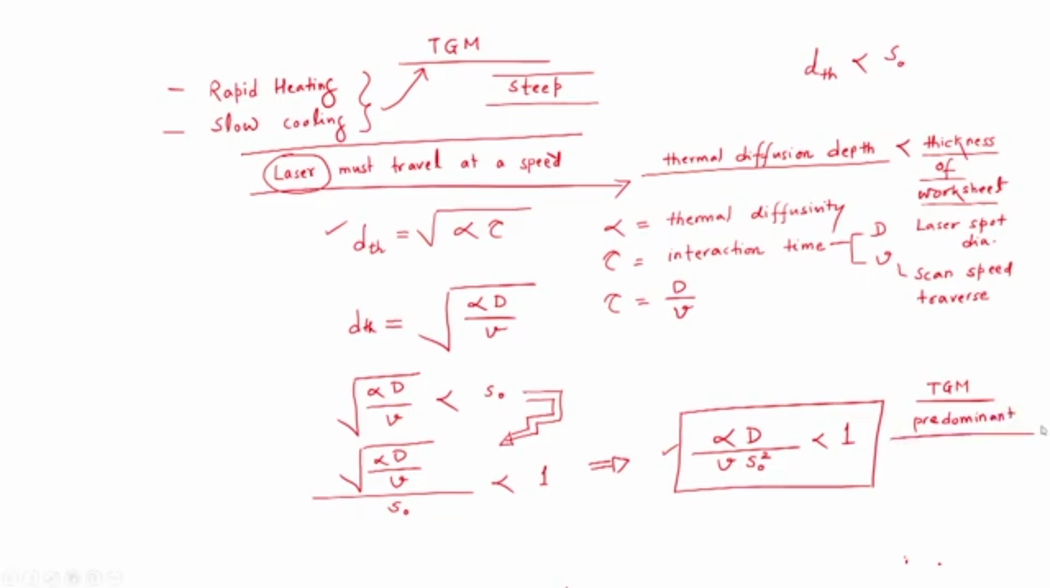So, to have a successful TGM, we should have this correlation satisfied. You can choose the process parameters by varying the D and the scan speed. So, the S0, that is the thickness, would be constant, which is not in our control, and the material property, that is the thermal diffusivity, is also not in our control. We can modulate, we can fine tune the diameter of the laser spot at the work part and the scan speed. So, by meticulously choosing the D and V, we can easily get